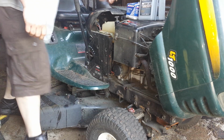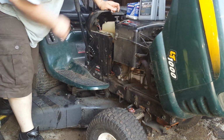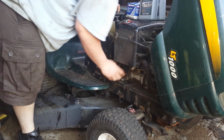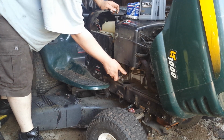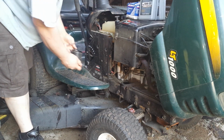this does not appear to have a whole lot of oil in it. The people I got it off of are not really known for maintaining their stuff. And I'm not too worried about making a mess here because I do have the resources to clean it up with me, so